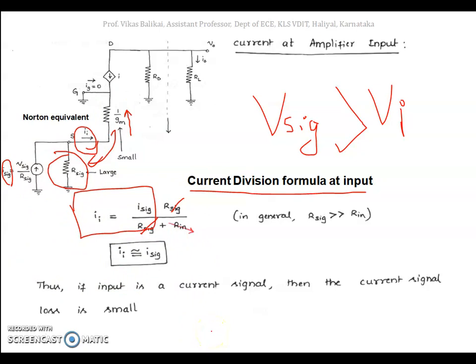If I give the input as current, then the current signal loss is small, but if I give the input as voltage, the voltage signal loss will be much more. So that comes to the end of this particular common gate amplifier configuration, wherein we figured out how to obtain the gain equations of the common gate amplifier configuration, the input resistances, the overall gain, and how it behaves as a unity gain current amplifier. So we did all these exercises.